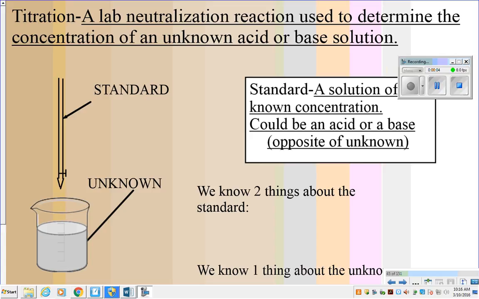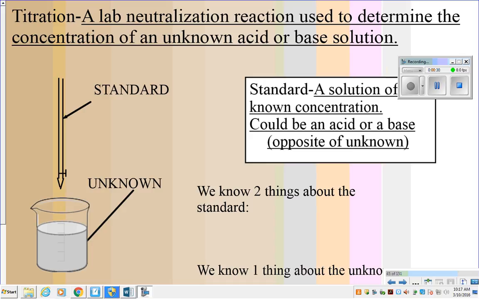Covering titration. Titration is a lab neutralization reaction used to determine the concentration of an unknown acid or base solution. We were talking recently about neutralization and writing neutralization reactions. In a titration, we are going to use neutralization reactions and mathematical proportions that we know from those reactions to